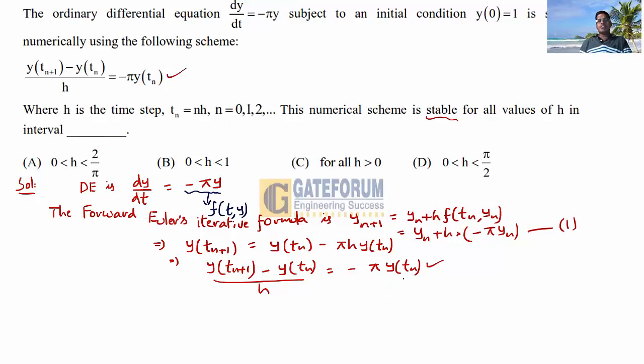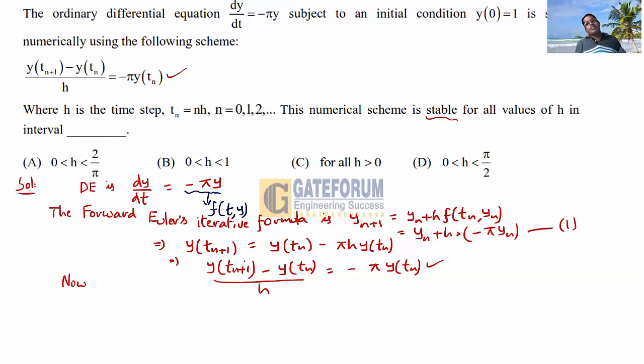That means our Euler's forward formula can be written as the given scheme, this one. We are not interested in why they have given it, they represent it like that. For that purpose, I have brought my formula into that one. Now, for the table, that means equation 1 can be written as,